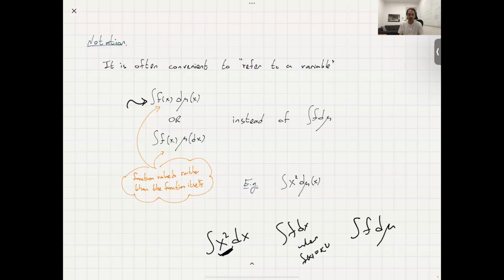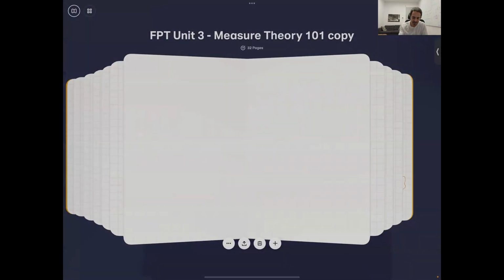It's nice to work with variables, so we adapt this also in the Lebesgue integral setting. Sometimes people write the integral of f of x d mu x, and some other people like to write the integral of f of x mu of dx, which I actually use all the time. This makes a lot of sense because it's like the measure of the little x. It's just a notation, but you will see that sometimes, so keep that in mind.